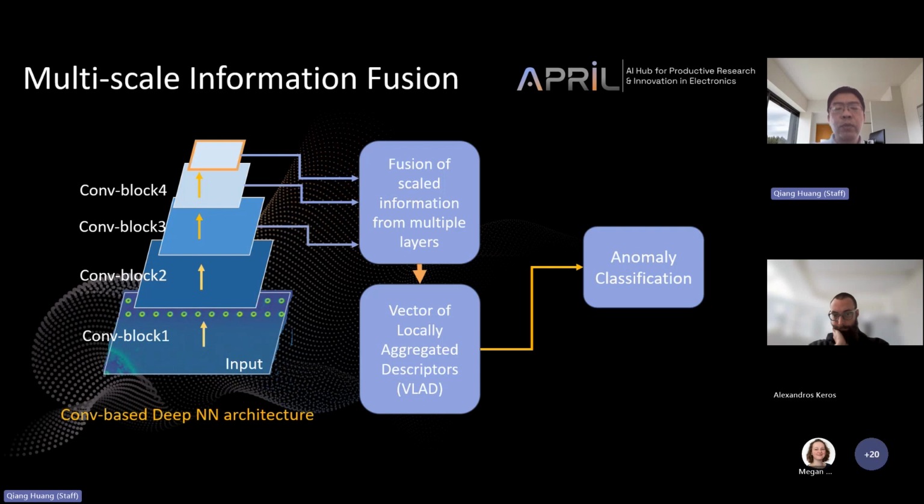So the reason is we think the information should come not only from the output layer, but from the other layers. So more key information could be included in order to improve the effectiveness of the system. Moreover,